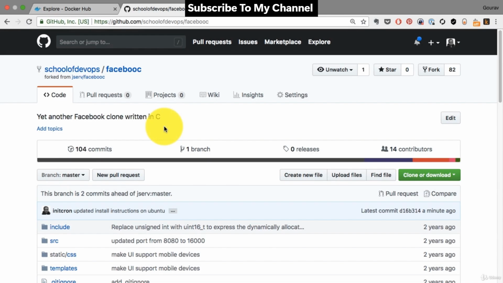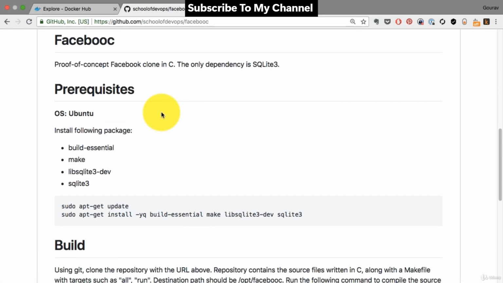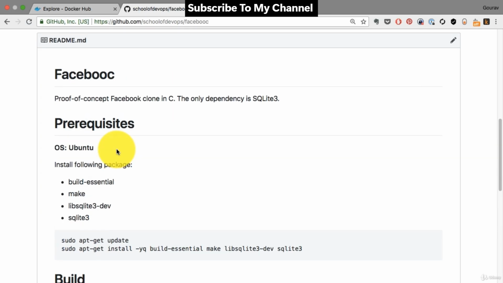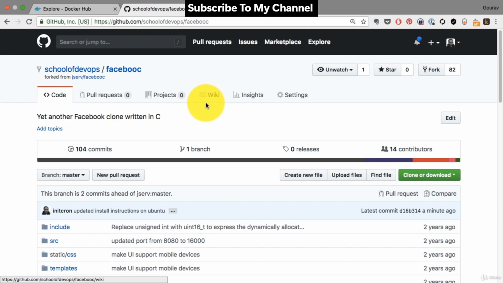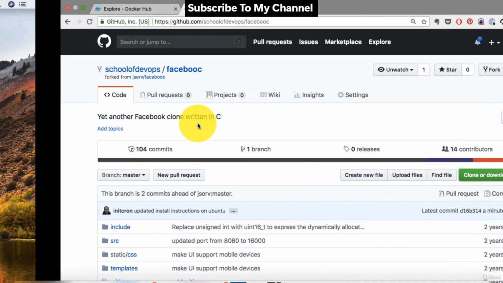So far, I've been running the containers out of the images which were already pre-created and available on Docker Hub. In this example, I'm going to show you how to create an image out of an application. This is the application code, which is a C application. It's a sample application, but has a UI as well. And I'm going to show you there are a couple of approaches to create an image. In this approach, I'm going to create a container, make manual changes, install this application, and take a snapshot, which will be my image. So the first thing that I do is clone this application from the GitHub repository